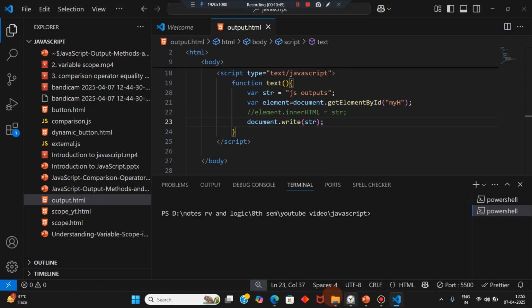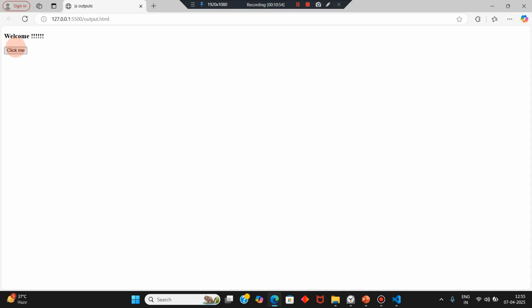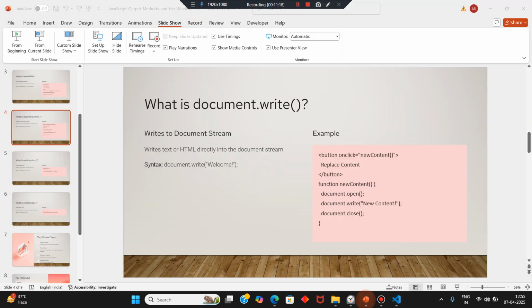So let us go to this. Yes, again on clicking. Now what will happen? The difference between innerHTML and document.write is, if you use document.write, whatever HTML was loaded on the screen, everything else would be removed. See, everything else got removed. The button also got removed. Now let us use the third output